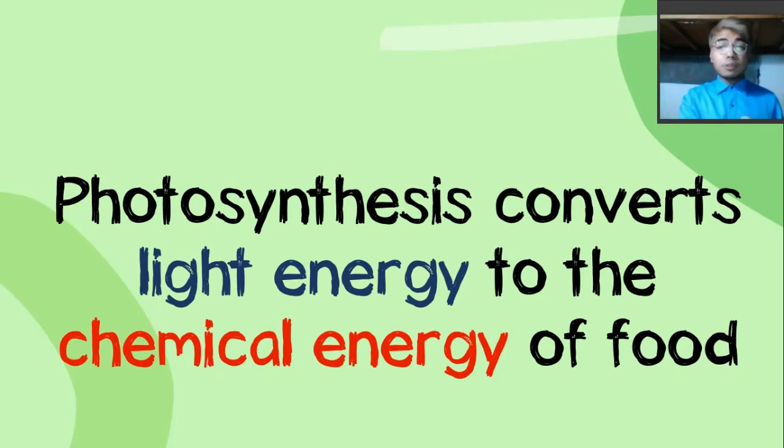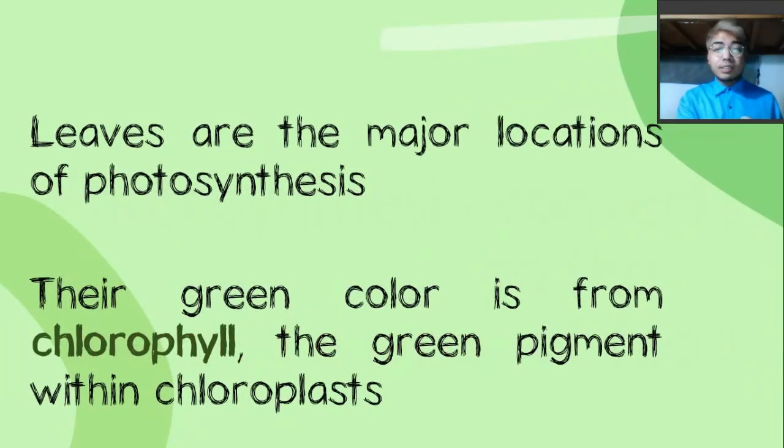So when it comes to photosynthesis, remember that the leaves are the major locations of this process. But please take note, not all plants possess leaves. Not all organisms possess leaves. There are also different types of organisms, like different types of bacteria, that can do photosynthesis, but they do